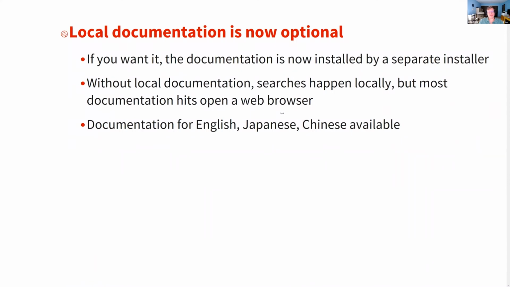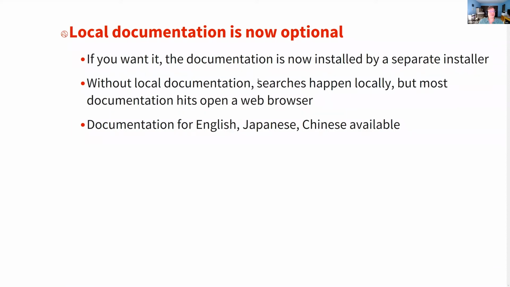Basically what we've done is we've always shipped the product in 1 mega installer, which is a pretty huge download. If you download the actual full install, it's several gigabytes. And so we've now broken it up into a documentation installer and a product installer. The documentation installer works with any of our products, whether you're using Mathematica or Wolfram Desktop or whatever. It's one set of documentation that works with any of our products. If you do not install the documentation, then